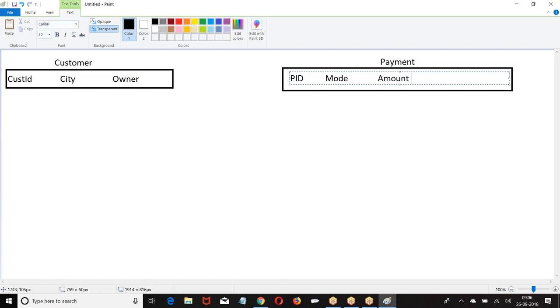Now, how do you create a master detail? Look at the point. If you want to create a currency field, the data type is currency.